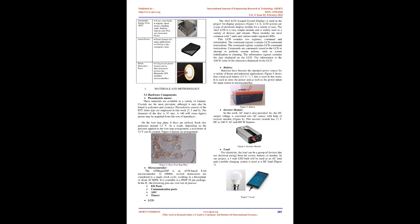The piezoelectric effect is a phenomenon that occurs when a force is applied to a piezoelectric material, resulting in the generation of an electric charge. The direct piezoelectric effect defines a material's ability to convert mechanical strain into electrical charge, whereas the inverse effect explains a material's ability to convert an applied electrical potential into mechanical strain energy. Figure 2, electromechanical conversion via